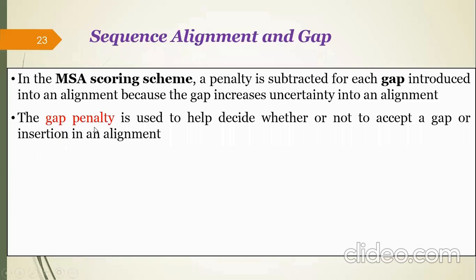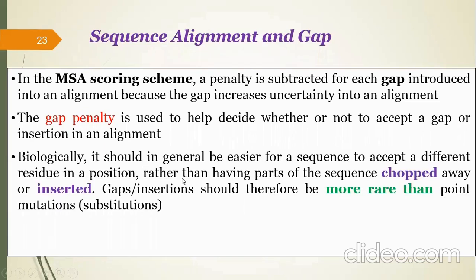So this will be the gap penalty, which will decide whether there should be a gap there or a substitution instead. Biologically, it should in general be easier for a sequence to accept a different residue in a position rather than having parts of the sequence chopped away or inserted. Gaps and insertions should therefore be more rare than point mutations. So point mutations are common, gaps and insertions are rare